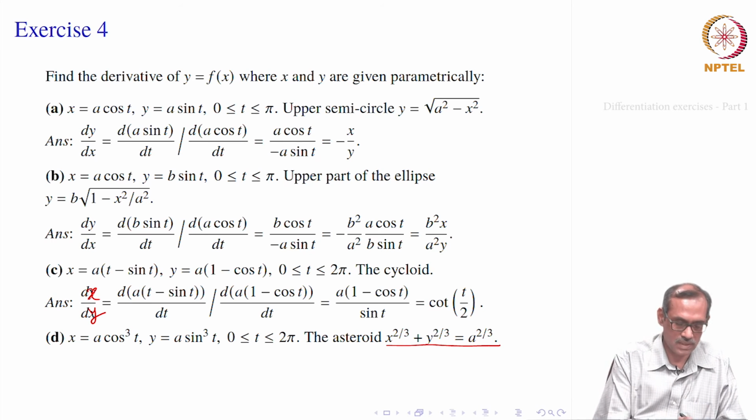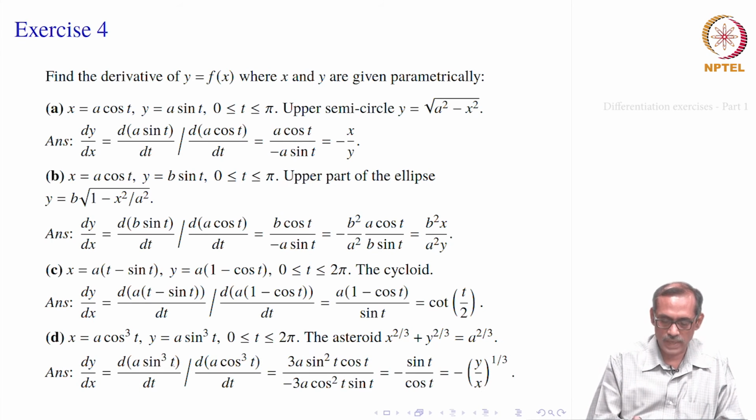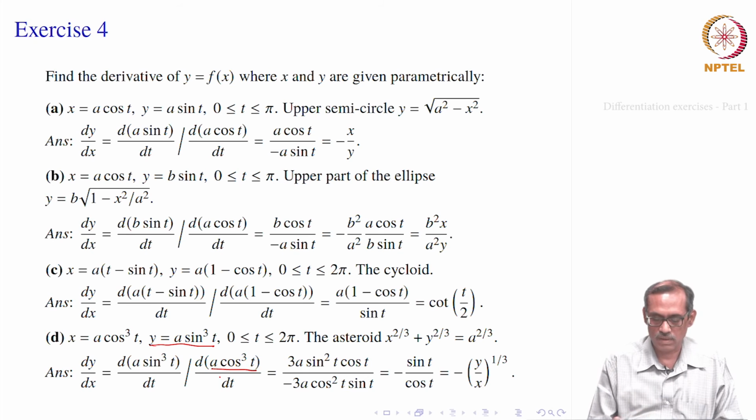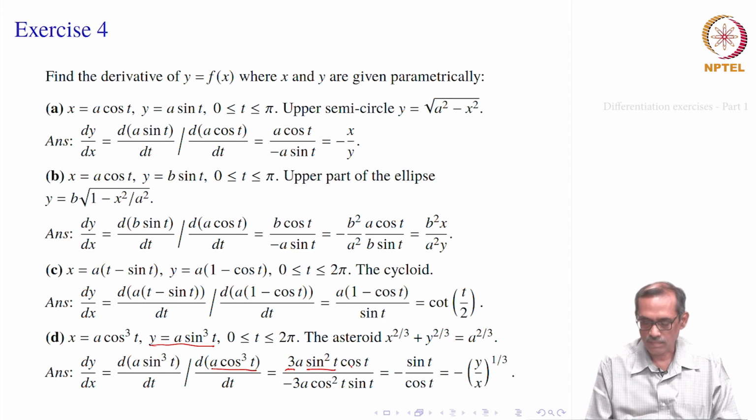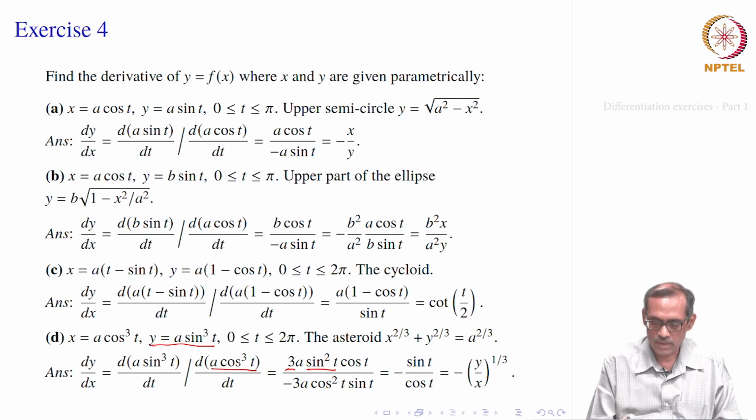Okay. So, you want to find out what is dy by dx. Again, that is d of y, a sin cubed t by dt, divided by dx by dt, where x is a cosine cubed t. Then you differentiate, sin cubed t with respect to sin t multiplied by sin t with respect to t. A remains as it is. Sin cubed t with respect to sin t gives you 3 sin square t, and sin t with respect to t gives you cos t. And in the denominator you have a cosine cubed t.